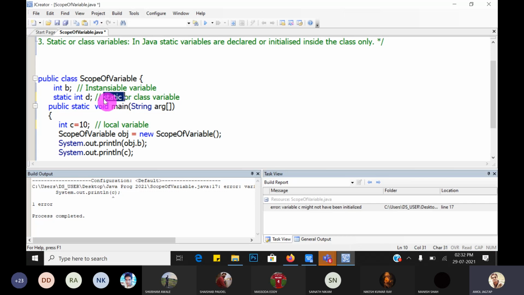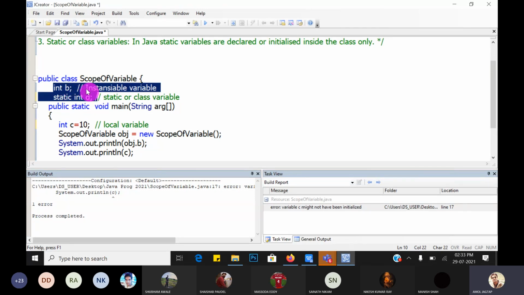So we know the rules of static variables. Static variables are initialized when the main method is called, only initialized once, and they are stored in which partition? The static partition of your random access memory. Your RAM is divided into 4 different partitions. In that static partition, static variables are stored, and these are also class data members.